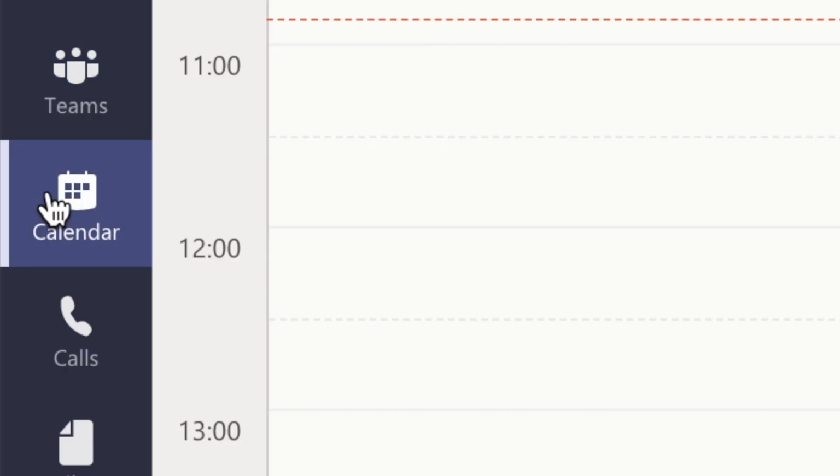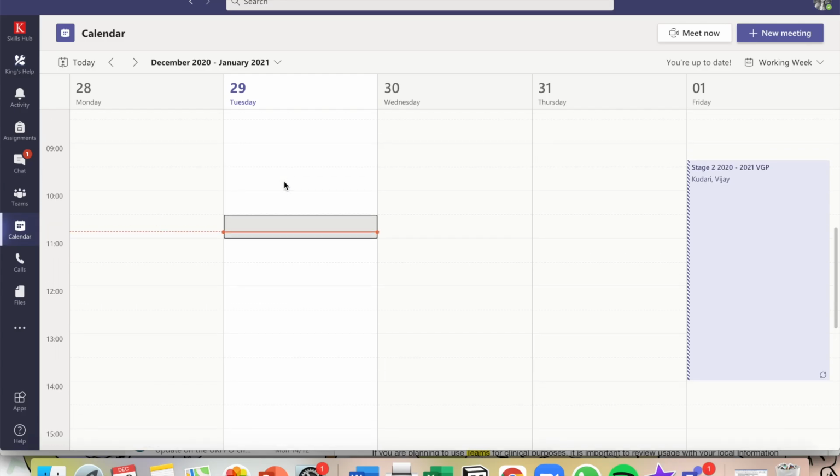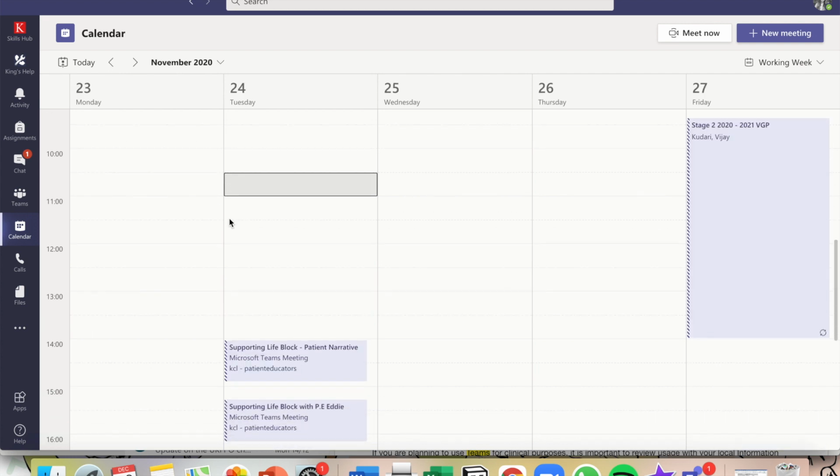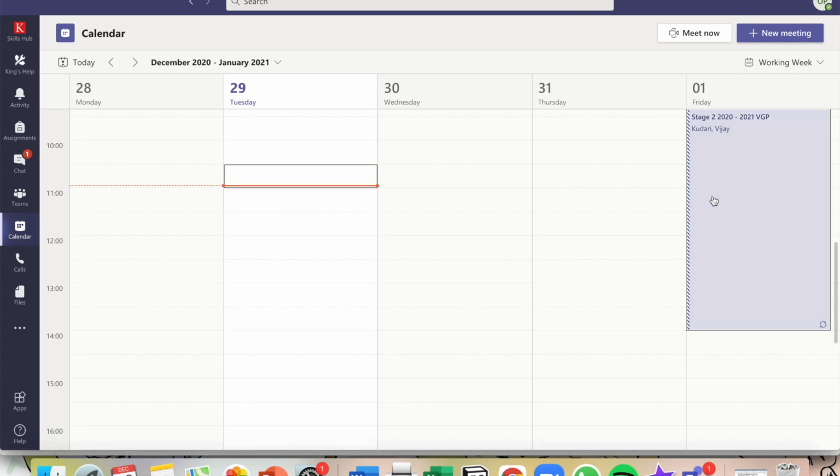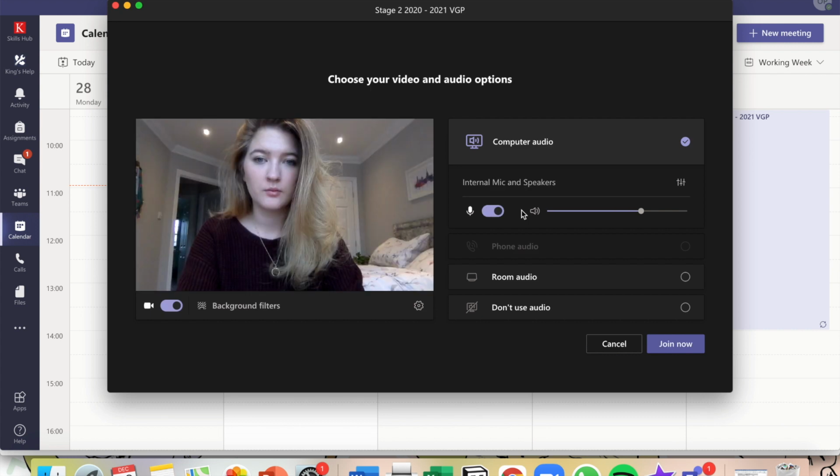Sometimes these meetings will sync to your calendar, so you might often be able to join from your Microsoft Teams calendar. So as you can see here, this is a calendar showing some of my reoccurring meetings, so I can click on one of them. So once I click on the meeting, I will click join, and then that will take me to this page